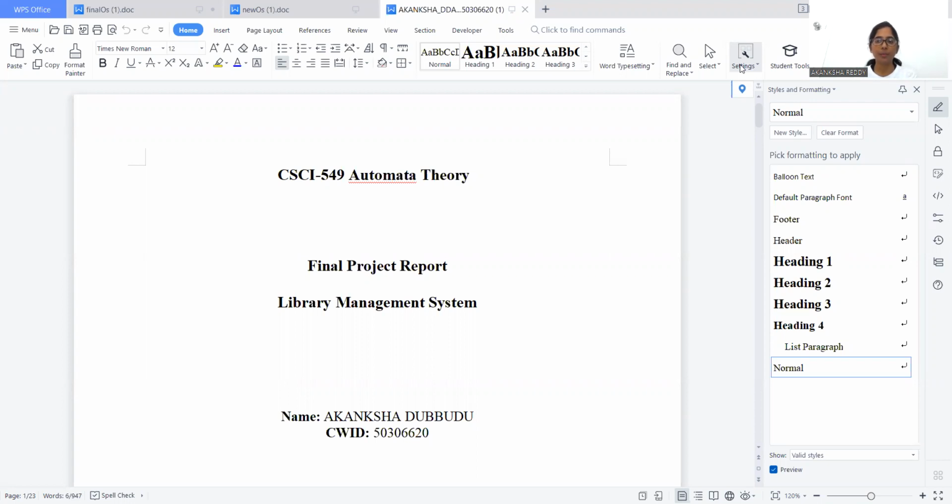Today I'm going to explain my Automata theory project on a library management system. My CWID is 50306620. I am here today to explain my Automata theory project, which is to build a CKY parser on library search